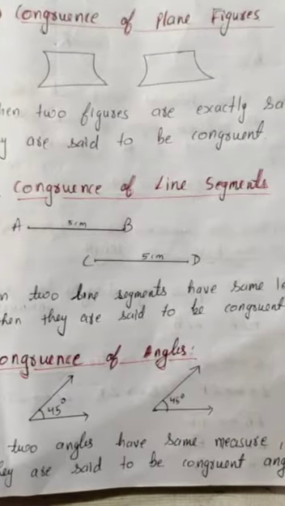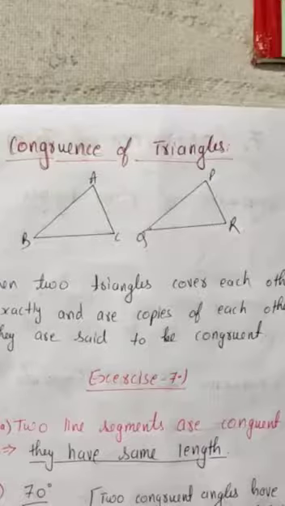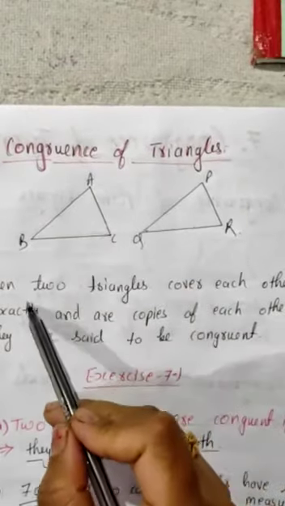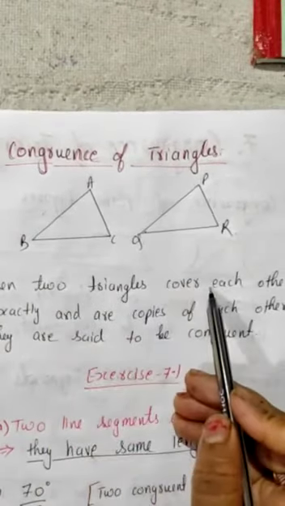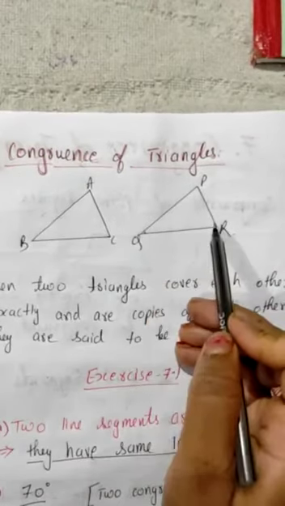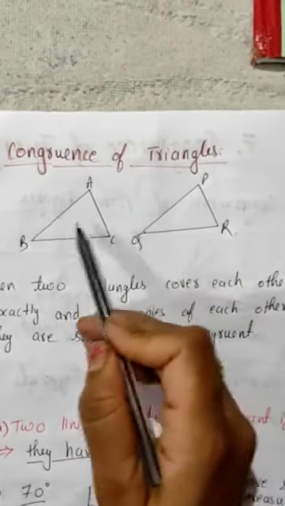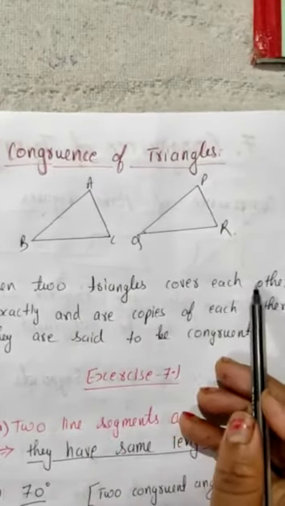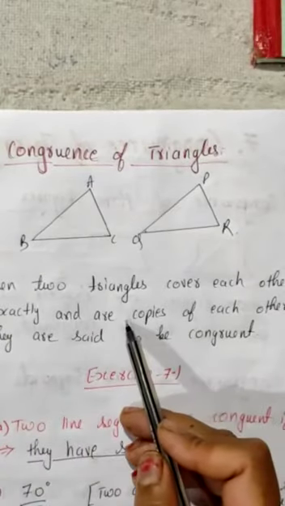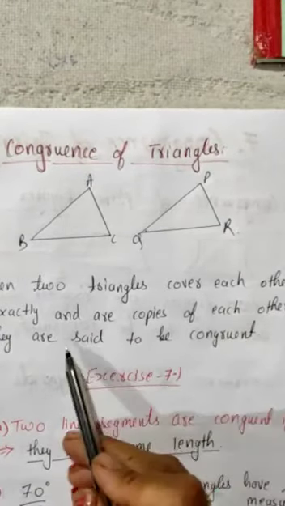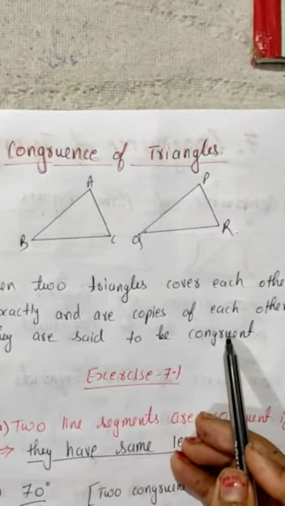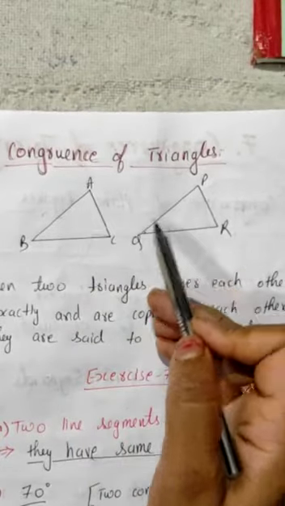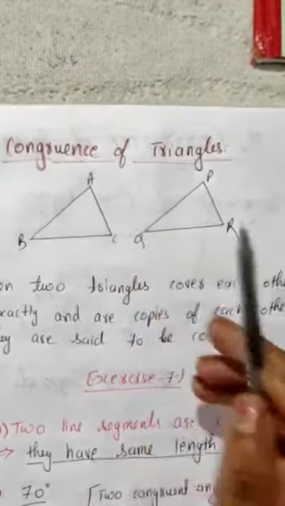Now we'll see what are congruent triangles. Now we are dealing with different parts of a triangle. Two triangles, when they cover each other, यानी कि अगर आप इस triangle को cut करेंगे and if you keep this triangle over here, these two should overlap. Then these two will be congruent. They will overlap each other. This is very important. And you can say if they are copies of each other, then they are said to be congruent. Simple language में अगर बोला जाए, when each and every part of this triangle is equal to each and every part of another triangle, then these two triangles are called congruent.